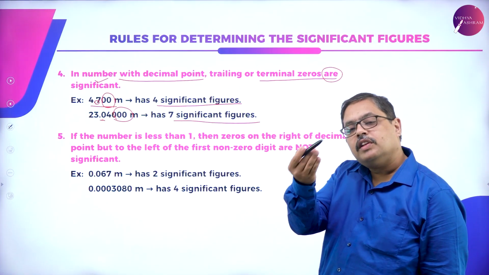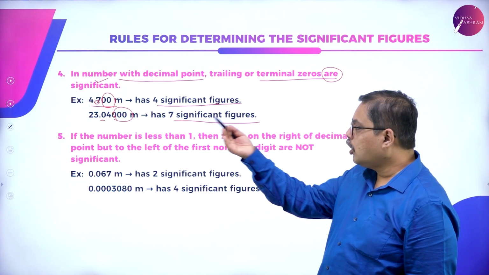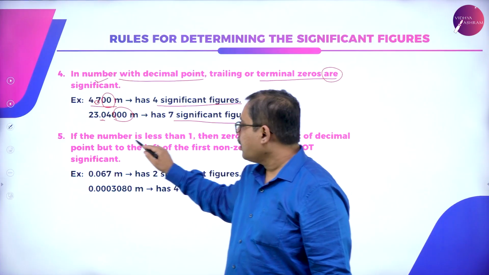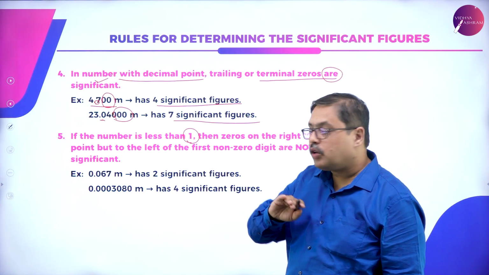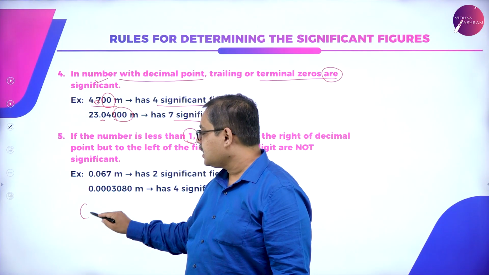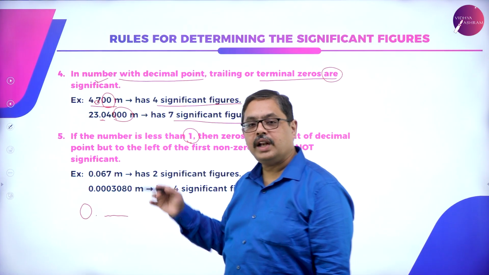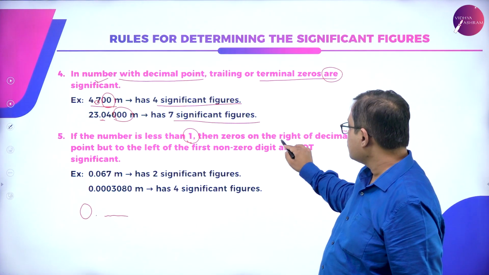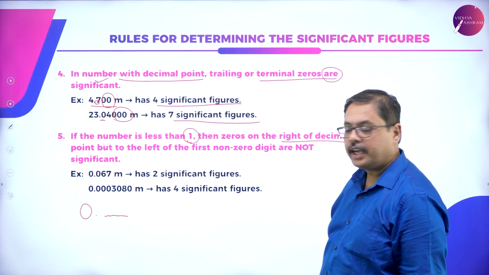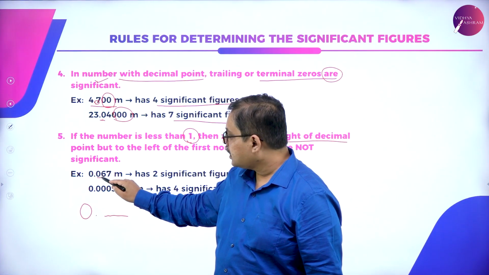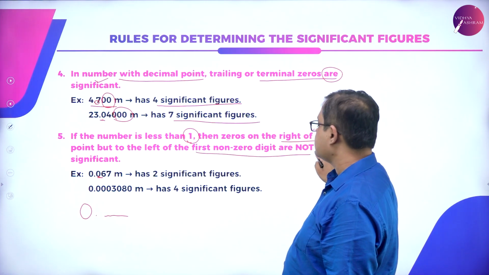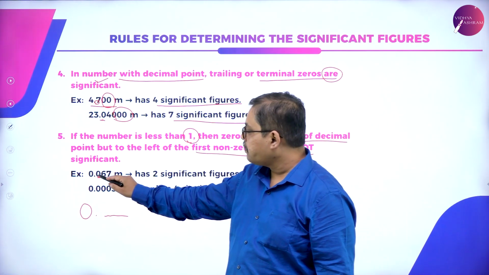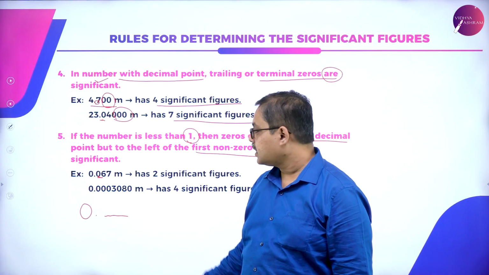Now, moving on to the 5th rule. If the number is less than 1, so your number will start like 0 point something. When a number is less than 1, zeros on the right of the decimal point but to the left of the first non-zero digit, so between the point and a non-zero digit,